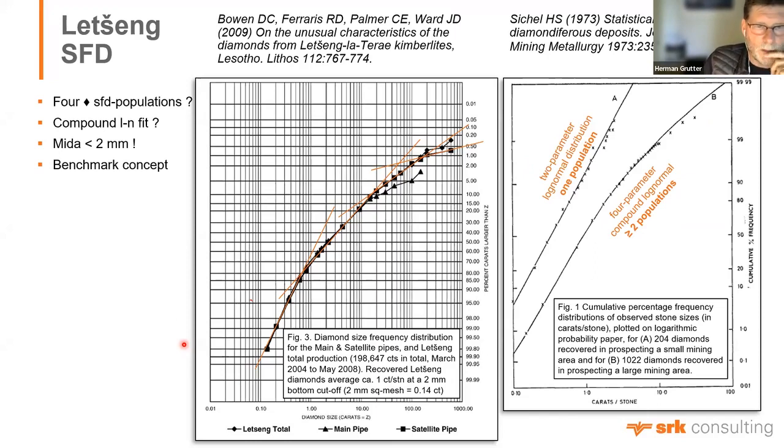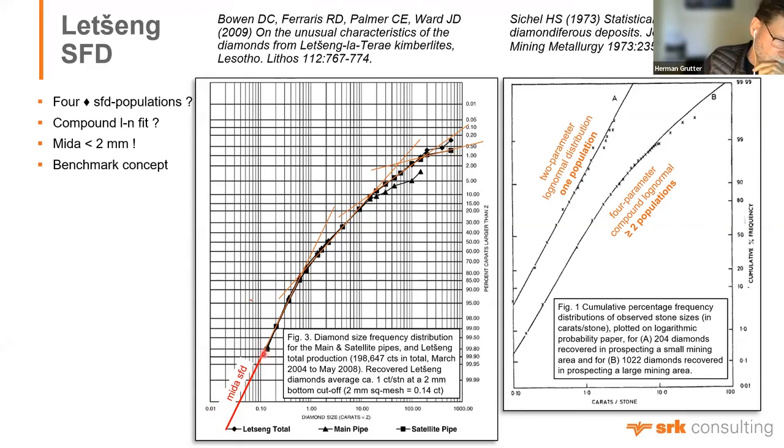The next thing to point out on this diagram is that microdiamonds in general are less than 2 millimeters in size. In other words, your microdiamond data set is going to be sitting down here in this part of the diagram. And I want to use this diagram just to explain the benchmark concept. So if you happen to have a microdiamond size frequency distribution that is a straight line at less than 2 millimeter sizes,